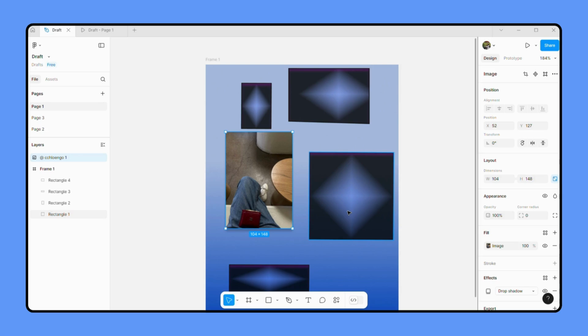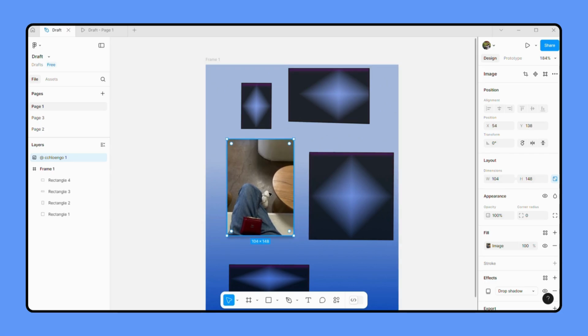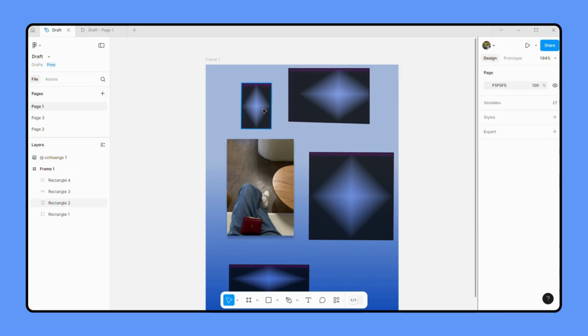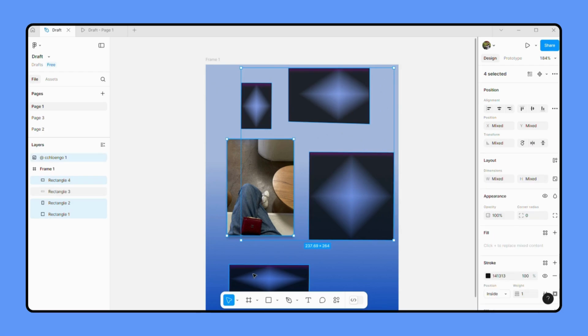organization. To arrange layers, you can either click on them directly in the canvas or in the layers panel, just like this. And you can also hold down the Shift key to select multiple layers at once. So let's say I want to select all of these elements. Simply tap the Shift key on your keyboard. I am going to select this one right here, this one, and this one, and this one. So that means I have already selected all of it at once by just holding that Shift